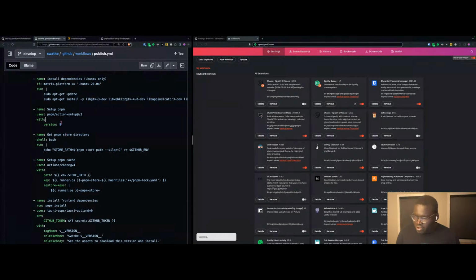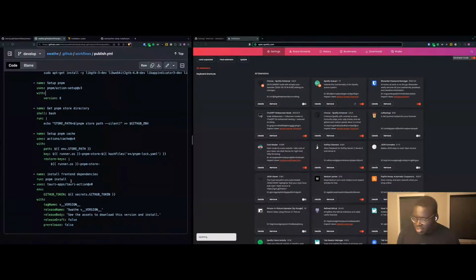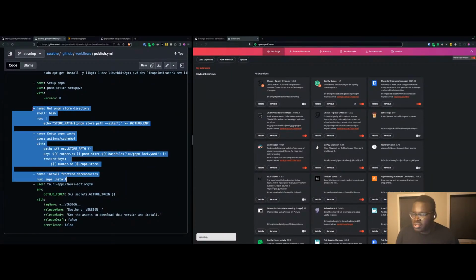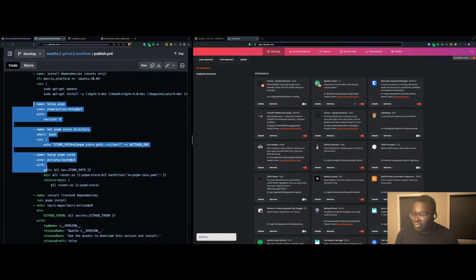It's using version 8, but PM right now. I think I'm using on the project's version 9. I just updated it like maybe an hour ago, and now has a store directory for caching, and then we can run the install step. Yeah, so this is essentially what we want, but obviously, if you're gonna copy something, copy code from